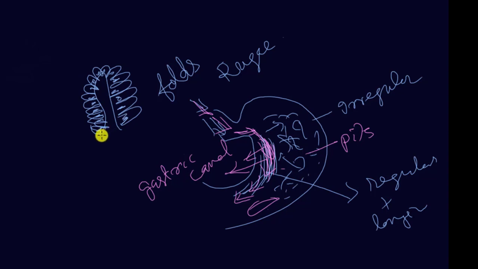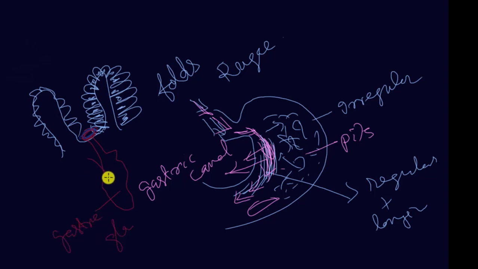This is the folds, right? Here you will find suppose another fold. All these are what? Columnar epithelium. No, I am not drawing. So in between these two folds, at this point you will find a pit over here. What will you find? Pit. So this pit gives opening to the glands. Which gland? This is your gastric gland.